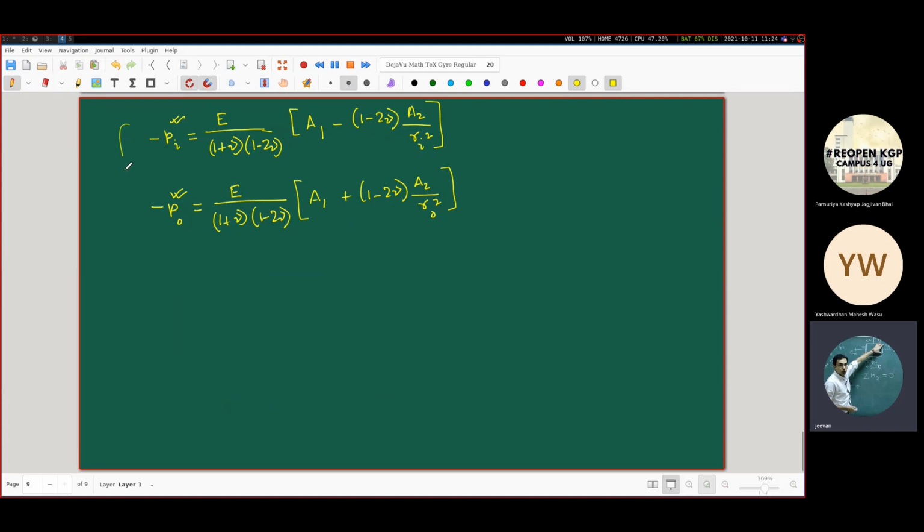So if you solve them together, you are going to obtain A1 and A2. I'm not going to write down the expressions for A1 and A2. Rather, I'm going to go ahead another step and give you directly the expressions for sigma rr. So sigma rr will be C1 minus C2 by R square, and sigma theta theta is going to be equal to C1 plus C2 by R square, where